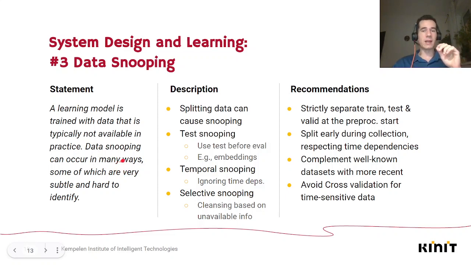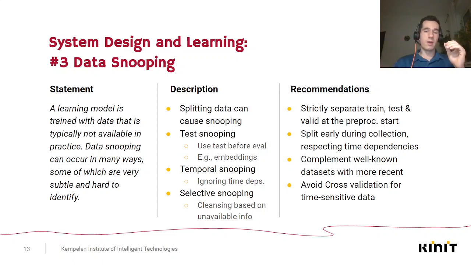For example, splitting the data can cause data snooping. There are several types of snooping. Test snooping happens when we use test data before the evaluation, for example for embeddings. Yes, we do not train with the test data, but we use it to create some embeddings in our model or for other pre-processing tasks, which is wrong, of course,